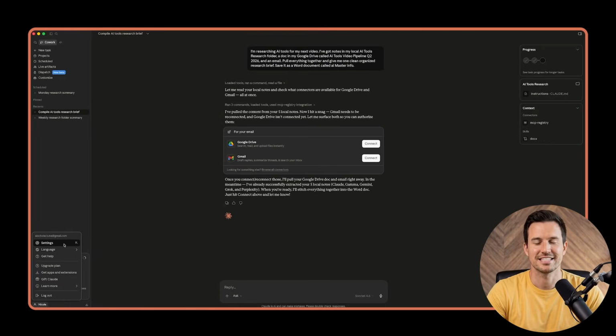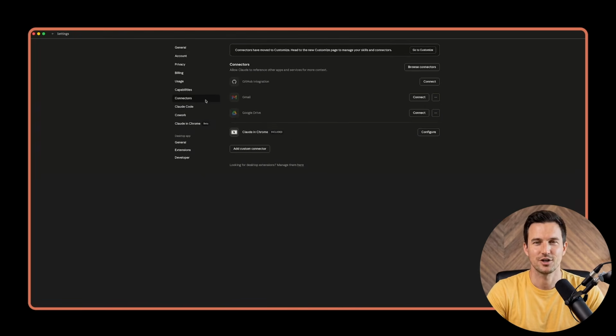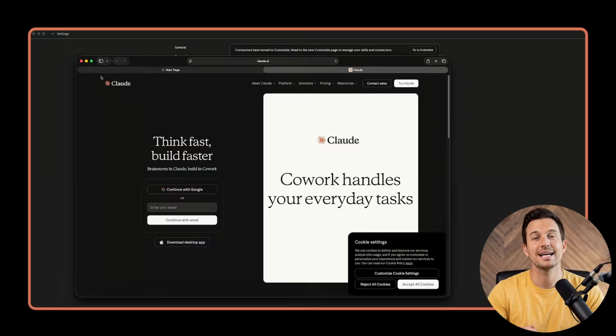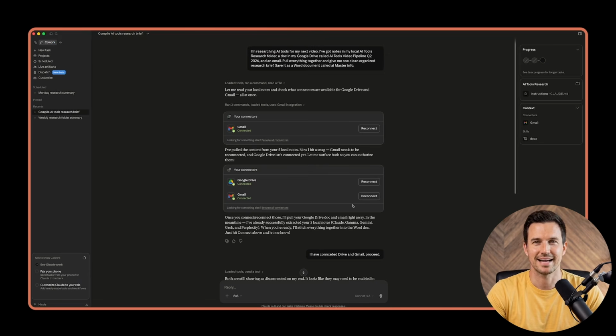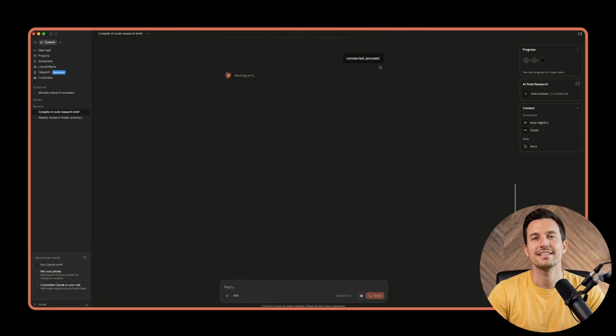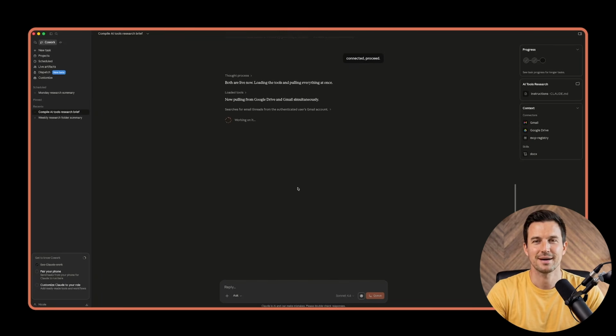To do this, go to Settings, click on Connectors, and here we have the option to connect Gmail and Drive. So I'll click on Connect, select the account, and do the same with the other one. And we are done. Let's go back to our chat and see it shows Drive and Gmail connected. So I'll proceed. Since it is working on it, let me show you what other apps can be connected to